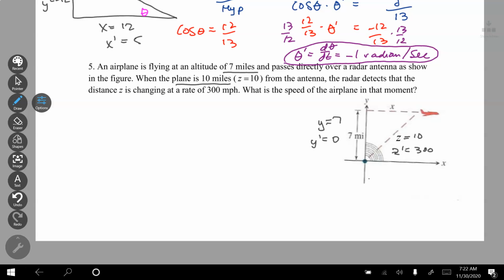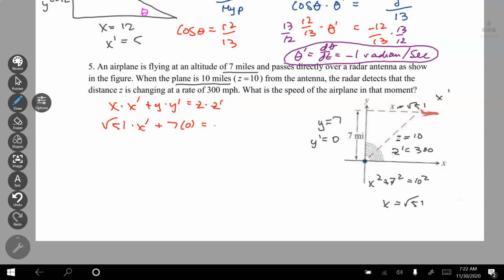I could use my Pythagorean theorem and do x squared plus 7 squared is equal to 10 squared, and x is equal to the square root of 51. So this is the square root of 51. So my x prime I do not know. Again, I could use my Pythagorean theorem. x times x prime plus y times y prime is equal to z times z prime. So square root of 51 times x prime plus 7 times 0 is equal to 10 times 300. So the square root of 51 times x prime is equal to